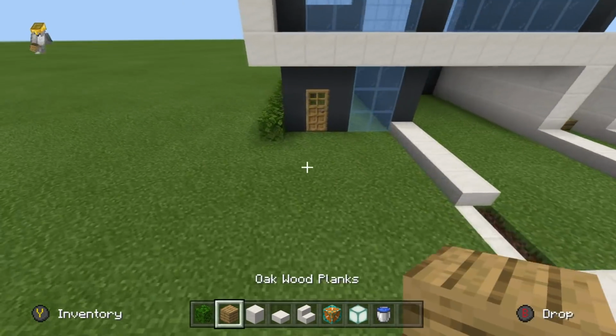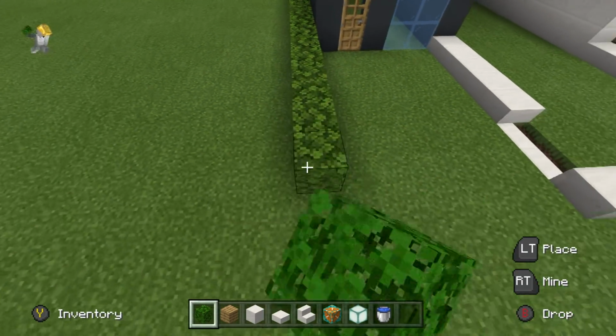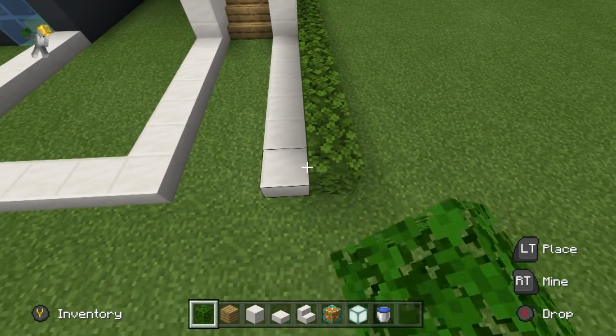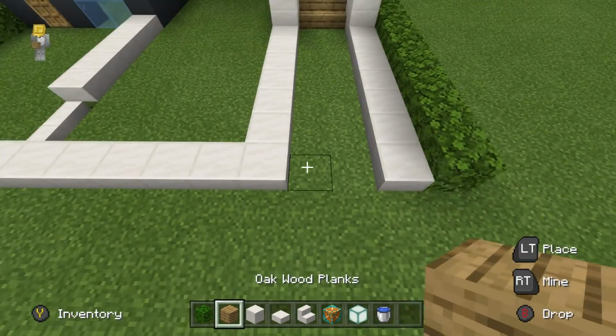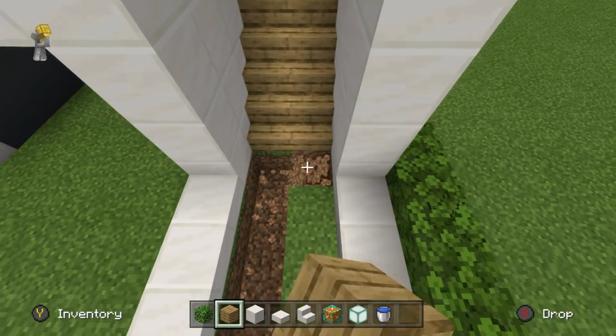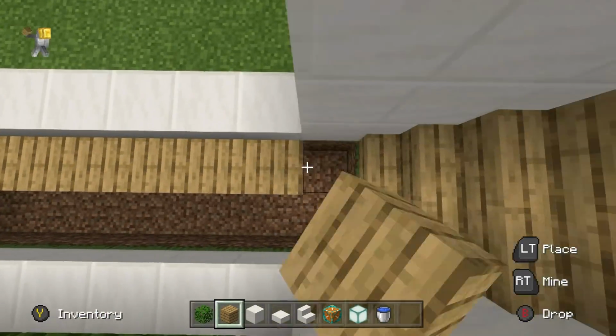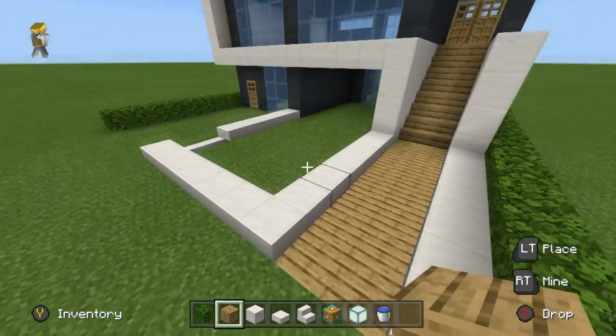I'm going to extend the hedge, the oak leaves on the left side. I'm going to extend it so that it is even and level with the quartz slabs area that we have made. I'm going to be able to dig out the entrance, I guess what is now a long footpath to the 2nd floor of the house. I've dug that out and I've replaced that with